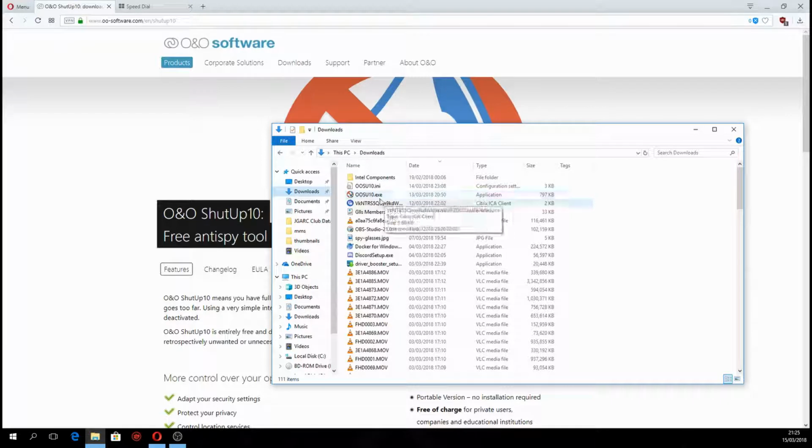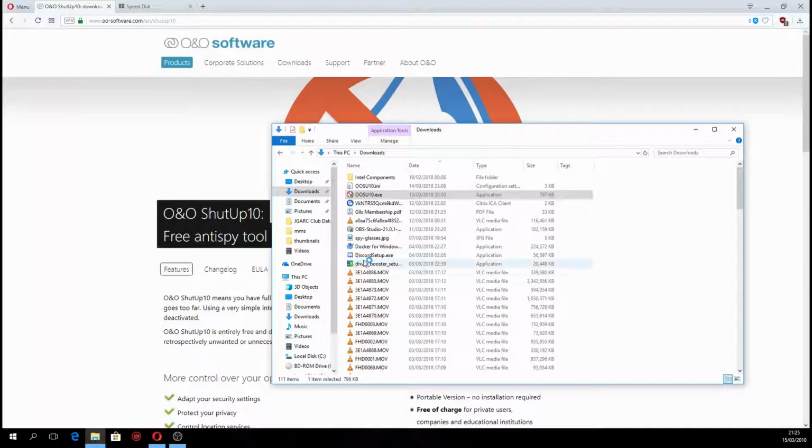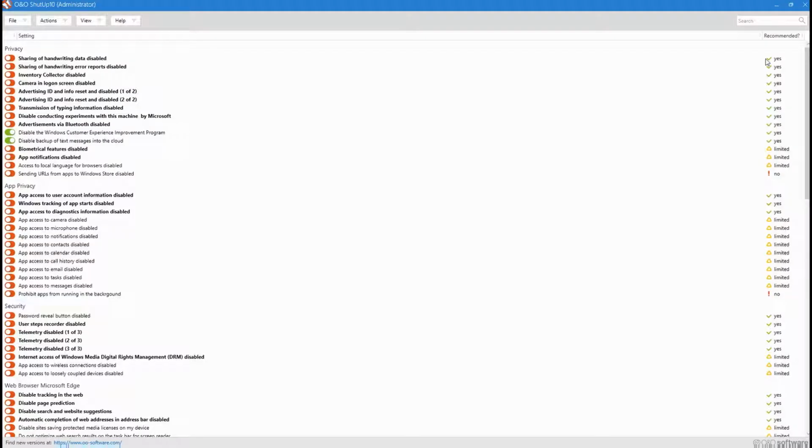In my case, mine is currently downloaded to my download folder. Double clicking it to open it up, and then click yes on user account control when it pops up. Once you've opened Shutup 10, you can see it has split things into specific sections: privacy, app privacy, security, web browser, Microsoft Edge. At the top you see our file menu, where we have import and export settings, and exit. We have our actions menu,